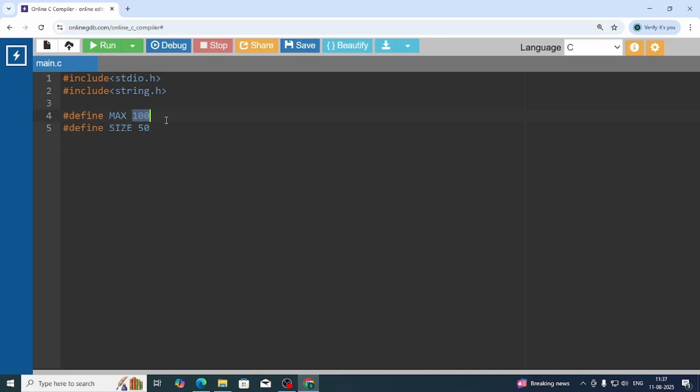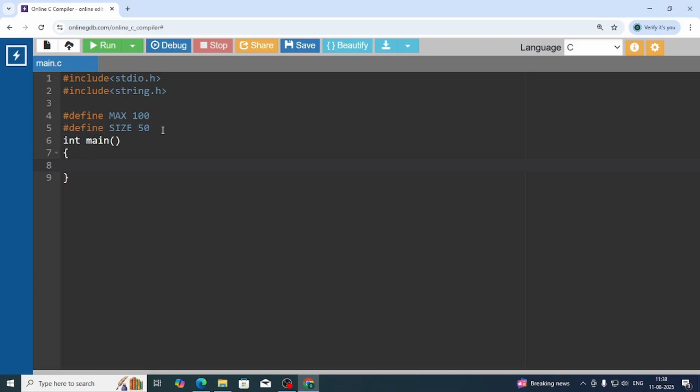This 100 size is for the array, and this 50 size is for the particular string in which the characters are stored. In next line, we have to start the int main function by using int main